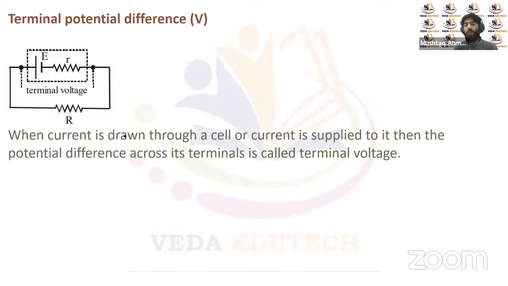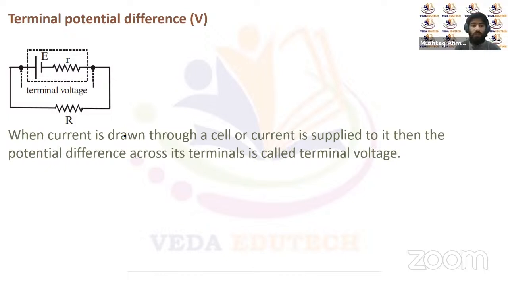That's nothing but the maximum potential difference across the ends of a battery when there is no current drawn, right? But the question is, what happens when the current is drawn in the circuit, taking into consideration the internal resistance of a battery as well? In that case, there will be some potential drop across the internal resistance